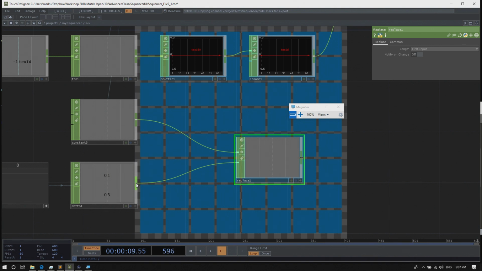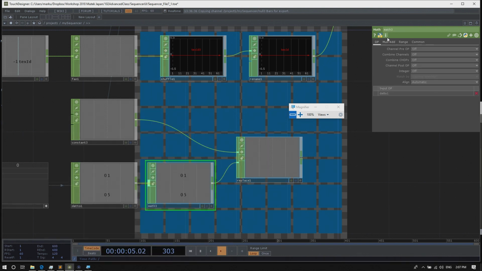So on the output of the DAT2, let's add a math chop. で、チャンネルは、DAT の方から作られているんですが、今値が0になっているので、これに対して値を何かしらつけてあげるためにマスを次につなぎます。And let's go to the multi-add page in the math chop and set the pre-add to 2. で、ここでプリアードのところでマスで、2として値を2に設定します。